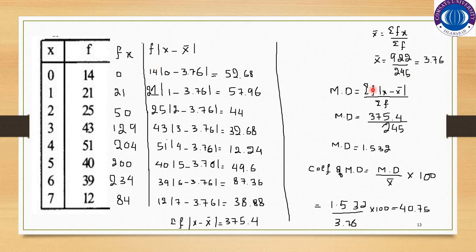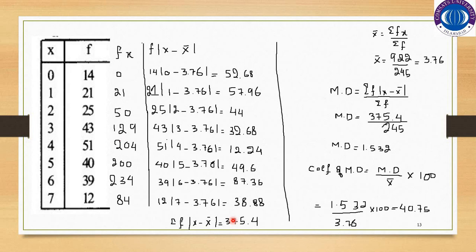Now you have to find out the summation f into the absolute value of x minus x bar. So you will calculate the column of f into mod of x minus x bar. So f is 14, x is 0, and x bar is 3.76. So this is the value 52.68. 1 minus 3.76 into 21, which is 57.96. By summing over this column, you will get